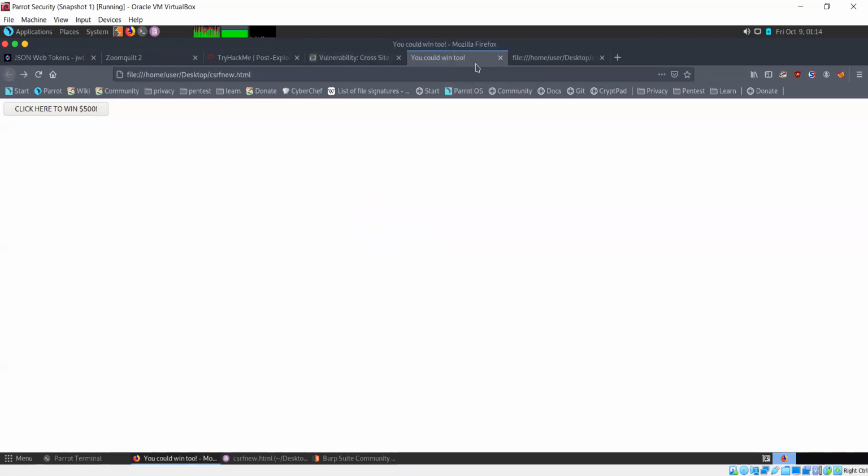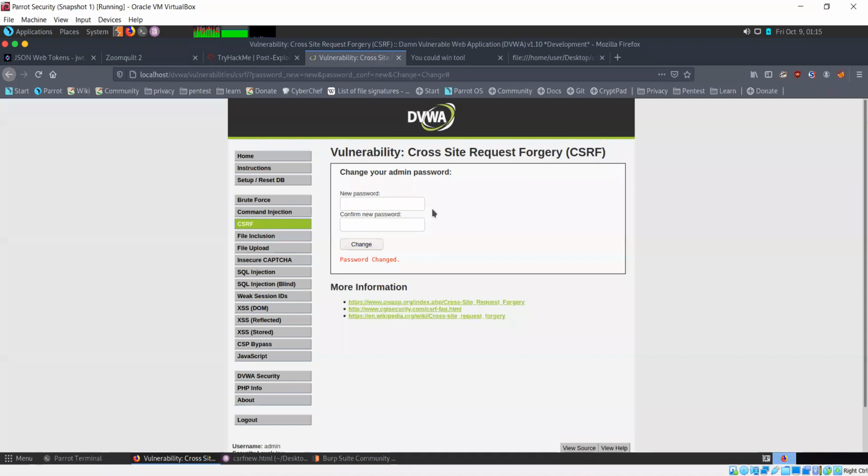In a realistic scenario, you would probably need a little bit of social engineering, and you would present this link and get them to click it. They click thinking it's something else, but in reality their password gets changed.